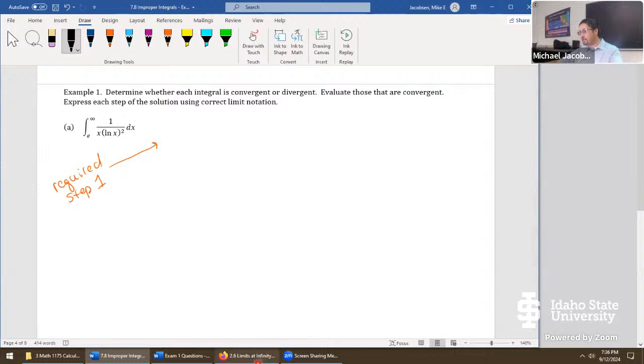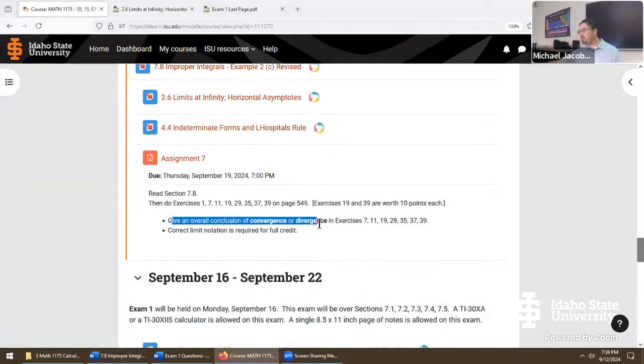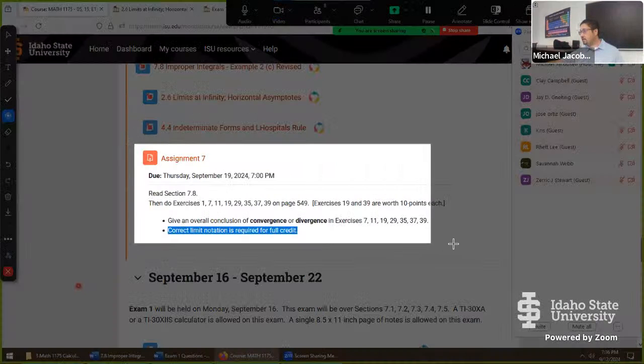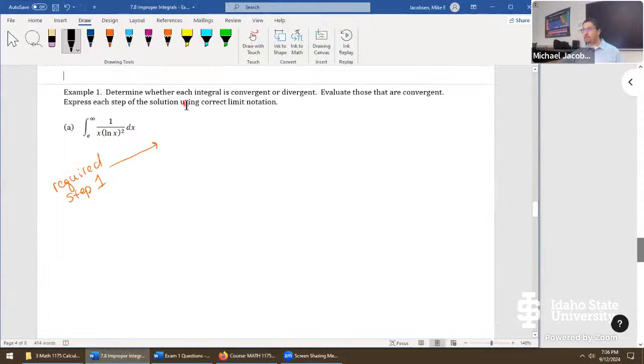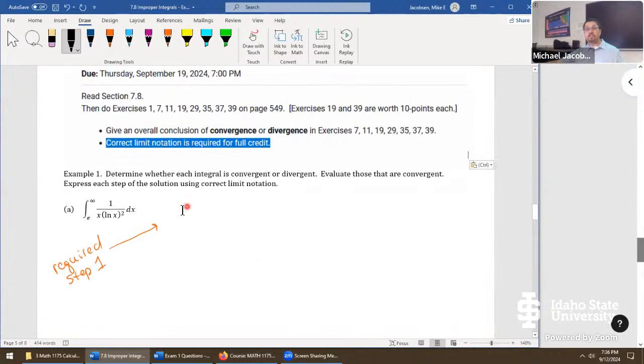And I indicated in the homework, let's grab the homework instructions here. We want to give an overall conclusion of convergence or divergence on those exercises. But this is the bigger thing I want to highlight. The limit notation is a part of the problem as well. So I need to indicate exactly what I mean by that right here. Just to be clear, correct limit notation means when we take this integral, we really have to set it up using a limit. So step 1, the required step 1 that we indicate here, I deleted this because I felt like it's just a good idea to do it again, go over it again,